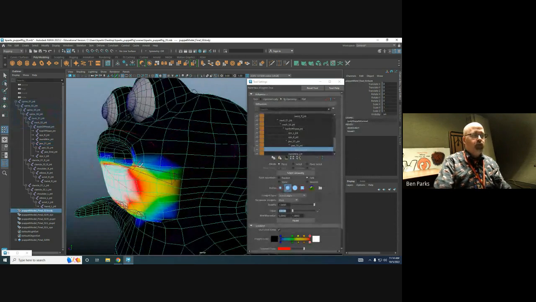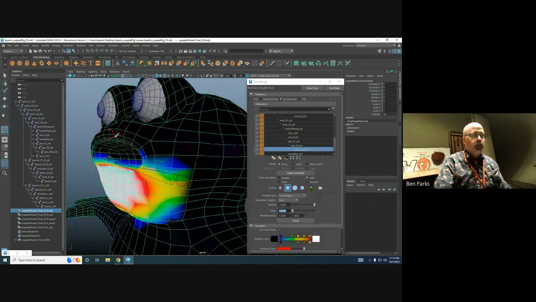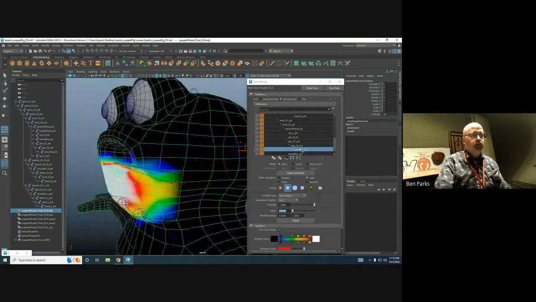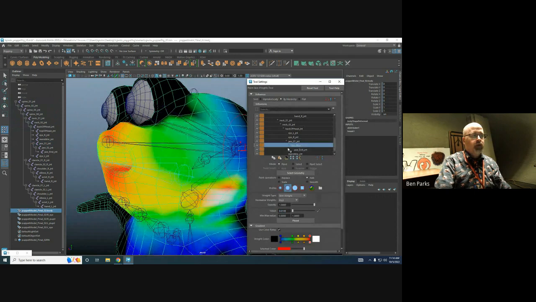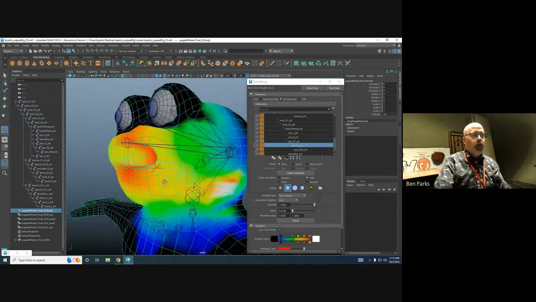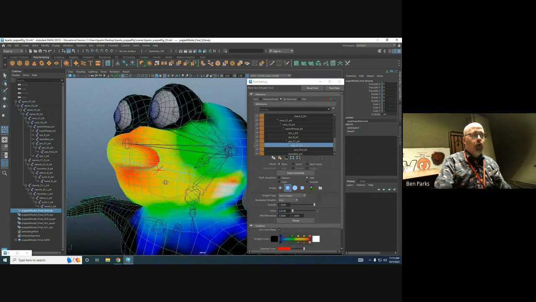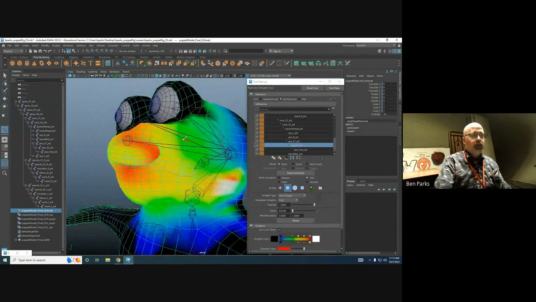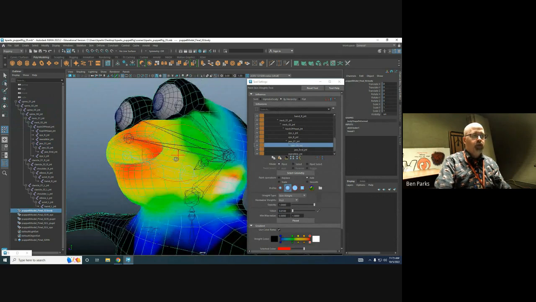I have 3 joints that are affecting this lifting up here, right? Jaw 1, jaw 2, and jaw end. Jaw 2 seems to be the culprit, right? But I don't want to paint jaw 2. What I want to do is I don't want to,